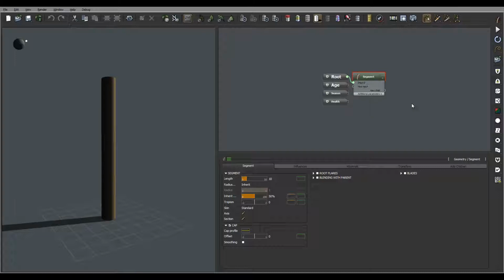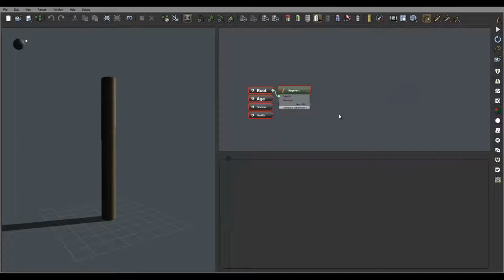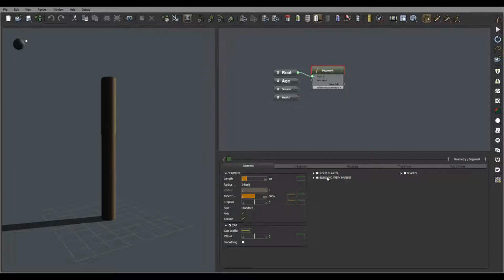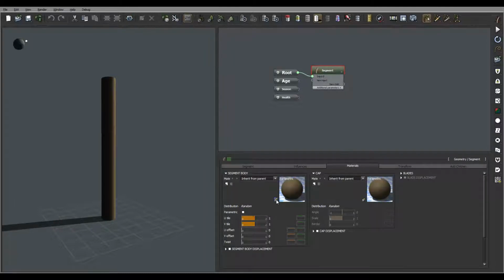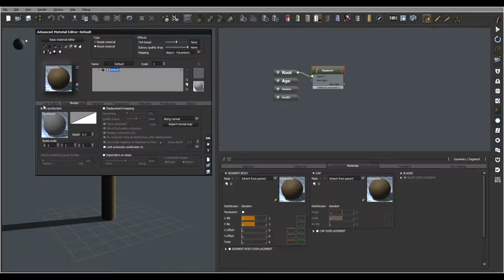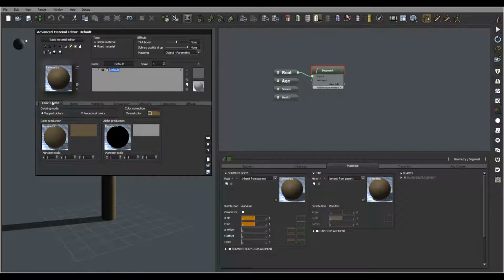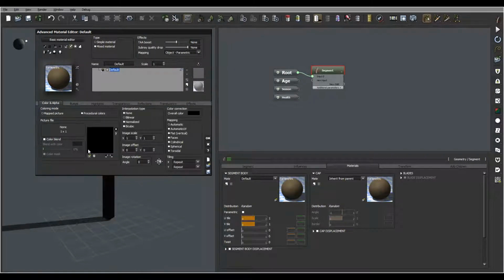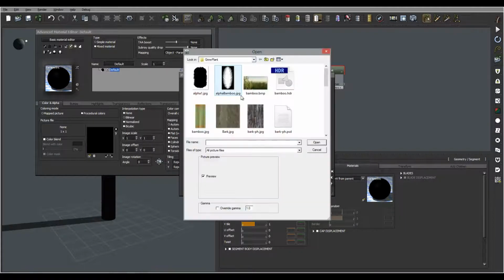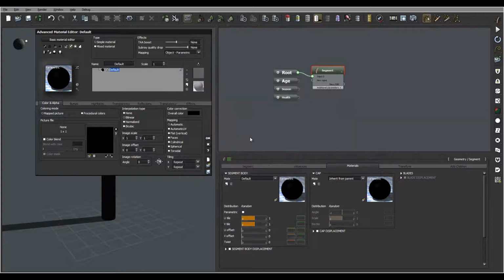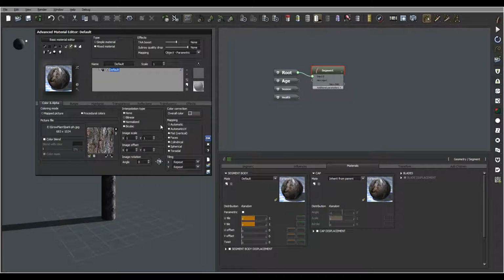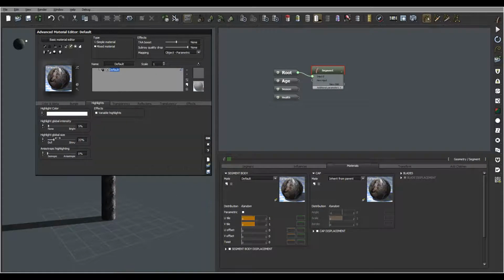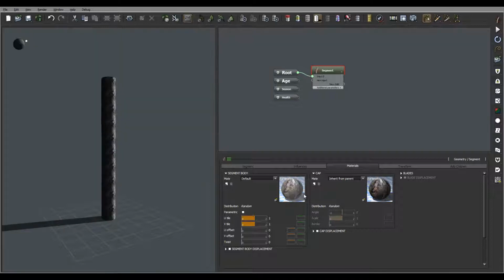Okay, so we're inside our editor, the Plant Factory. We'll go inside this segment. We'll go to materials first, and let's modify these materials. We'll go to color alpha, change to map it picture, and we'll just upload our bark. Okay, let's go to highlights, leave it reducing, click OK, and I want to enable parametric, so you can